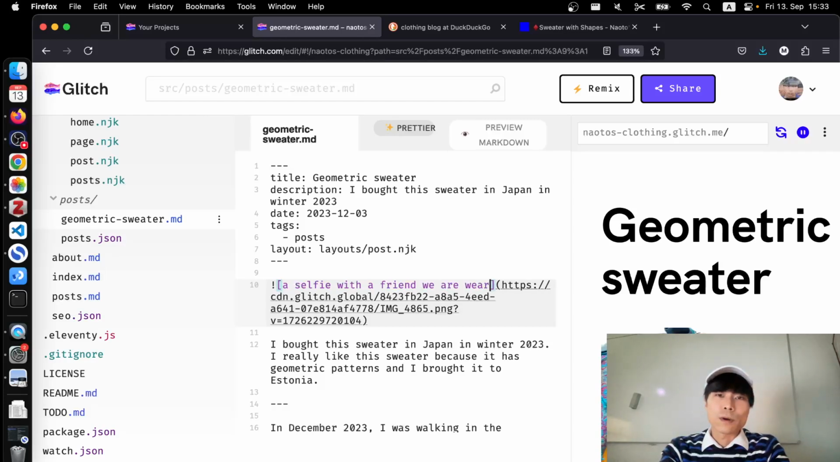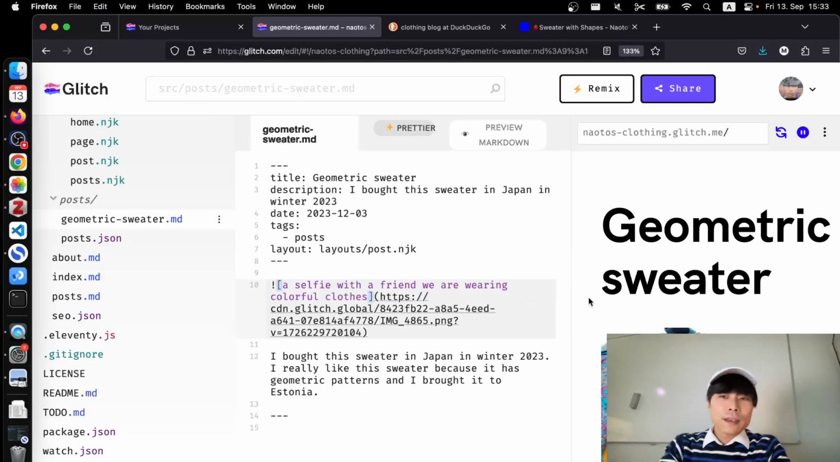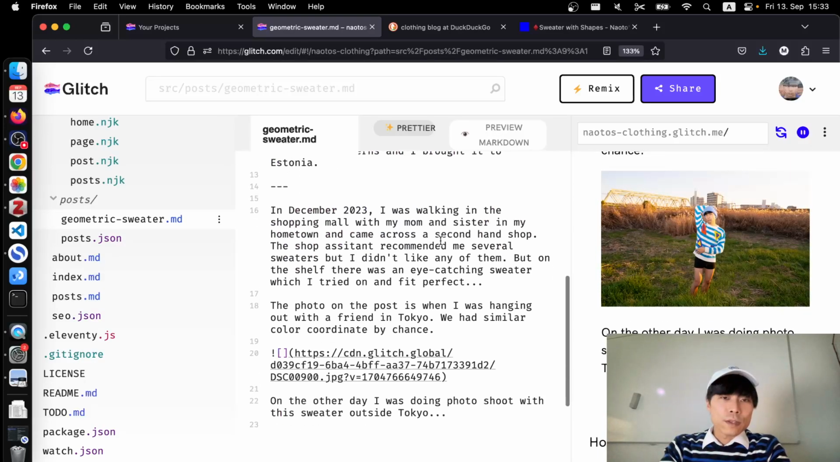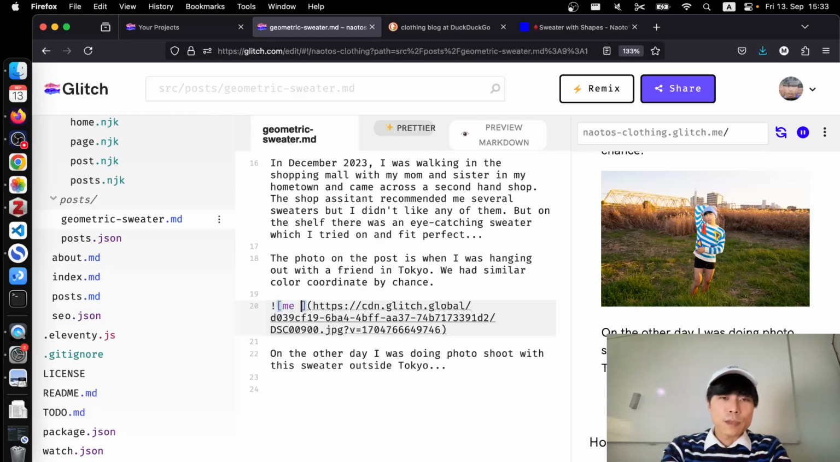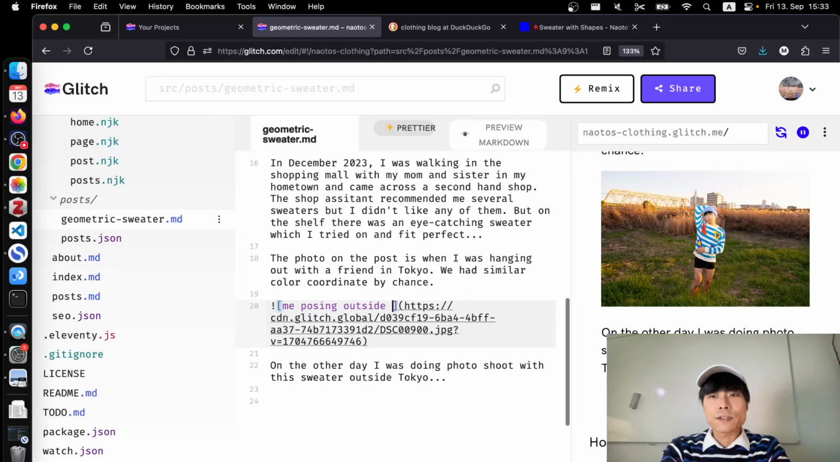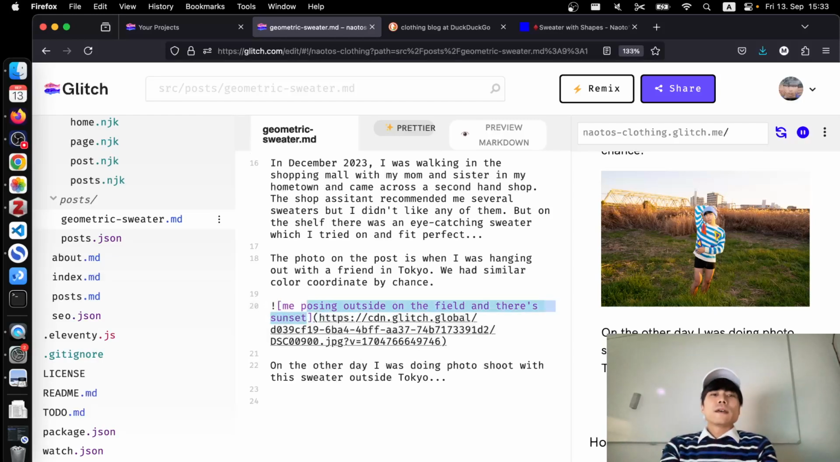We are wearing colorful clothes or something. I don't know. And then the second one, me posing outside. Well, it's actually along the river, but I don't know, on the field. And there's sunset, whatever. Even if I know it's a tedious process, always write something about the photo, even